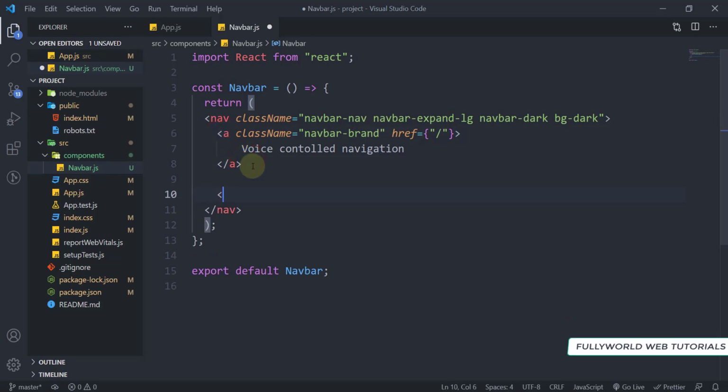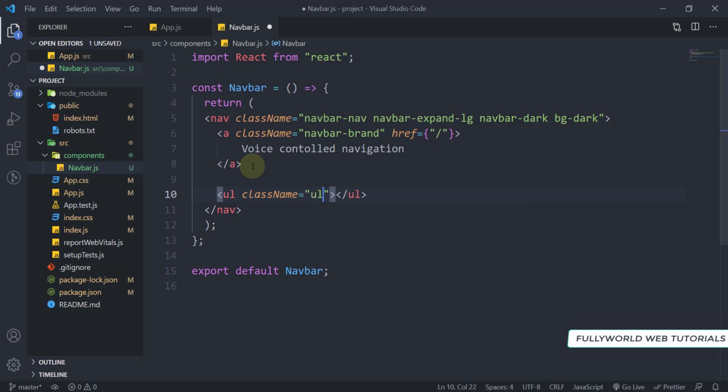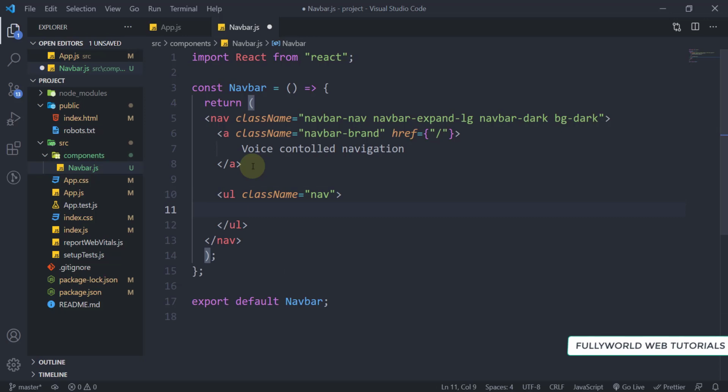And here let's create one UL. Its class name will be nav, and we are going to write ml auto. Let's see if ml auto is needed or not. So class name is equal to nav here.